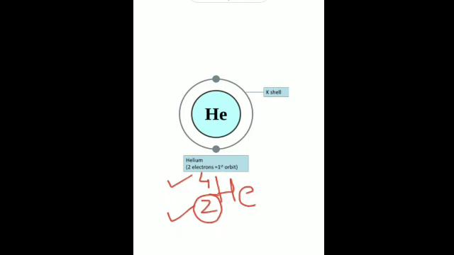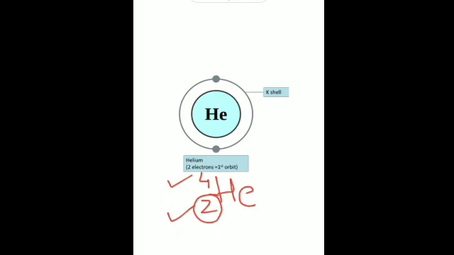Now helium contains 2 electrons. You can see in this figure it is containing 2 electrons. And where are the protons and neutrons located? In this nucleus. This blue part that you can see is the nucleus. So you can even write neutrons is equal to 2 and protons is equal to 2 inside this nucleus. But right now we are just concerned about the arrangement of the electrons.